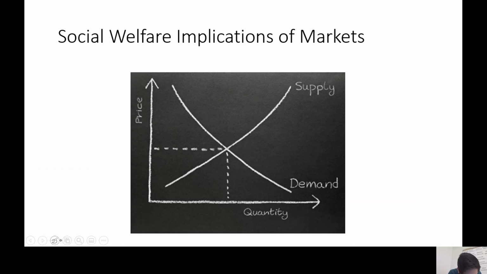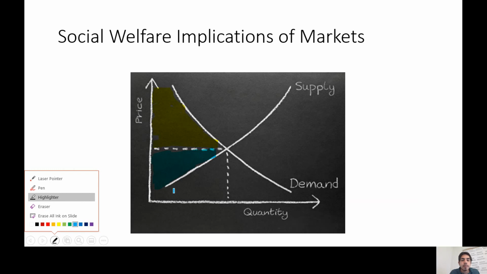What we mean by social welfare in economics is consumer and producer surplus, right? And there are limitations to that concept that I'm going to address in the income inequality video that I'm going to develop later today or tomorrow. But, right, this yellow area I'm going to use to represent consumer surplus, and then this blue area I'm going to use to represent producer surplus. And we said markets, absent market failures, and assuming perfect competition, will yield the social welfare maximizing quantity.